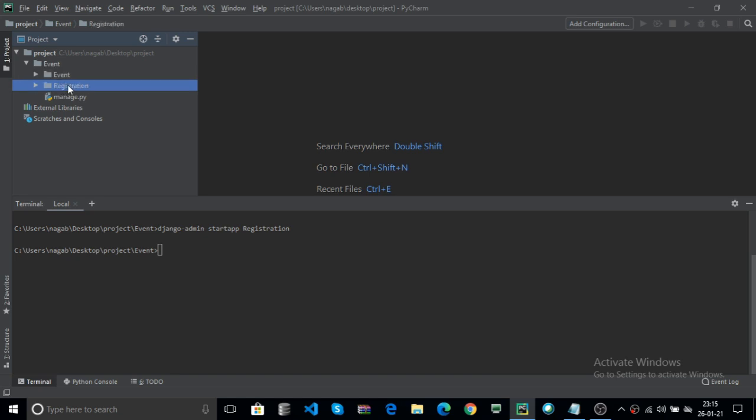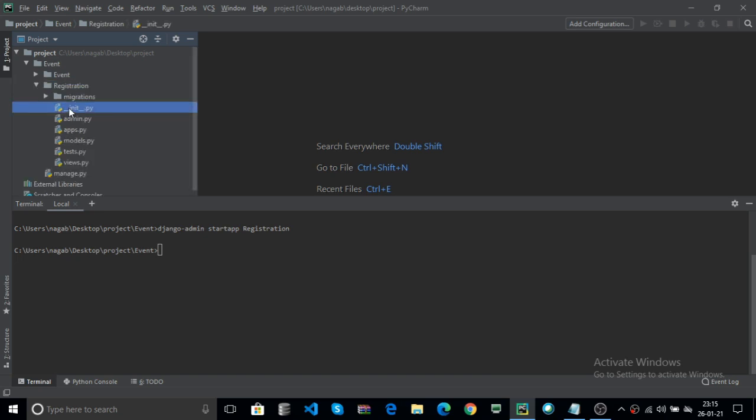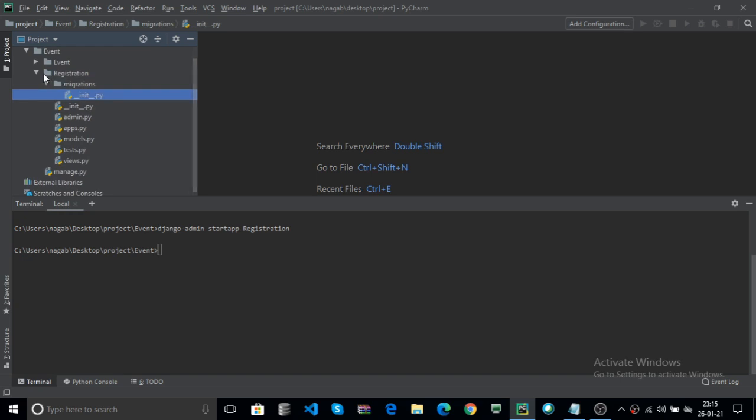The registration contains __init__.py. Here migrations is a sub package of your registration package. Now double click on migrations. Here migrations contains __init__.py.